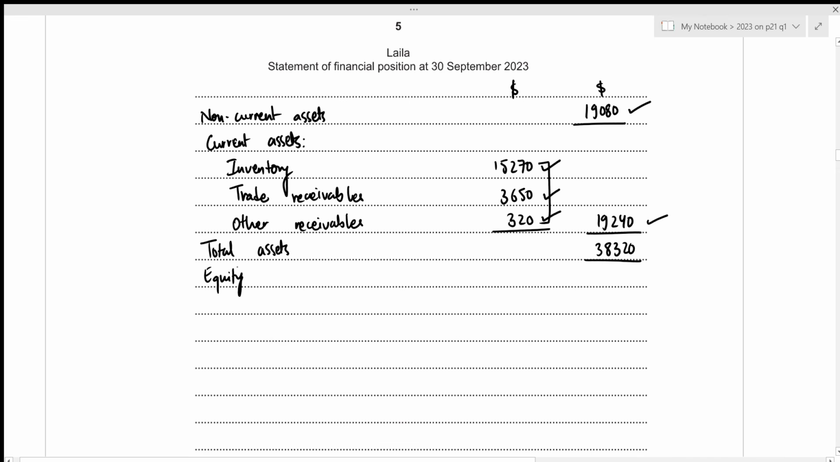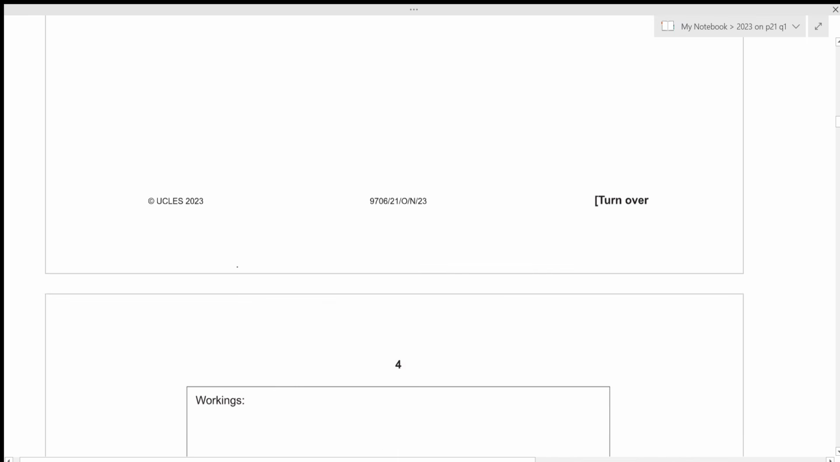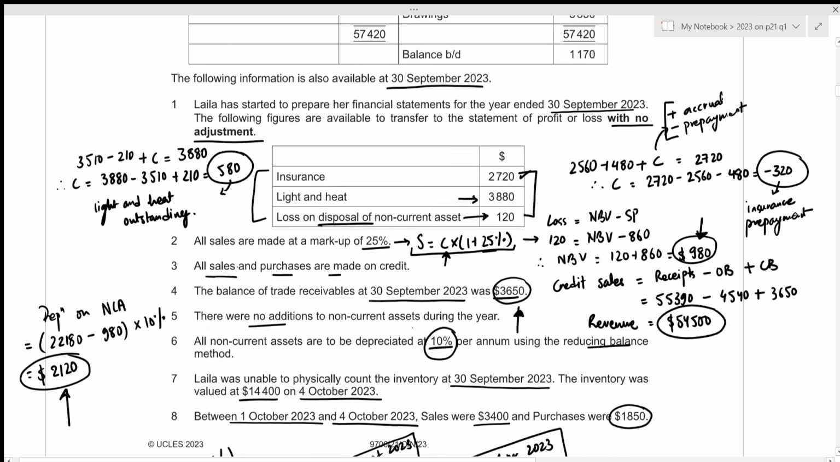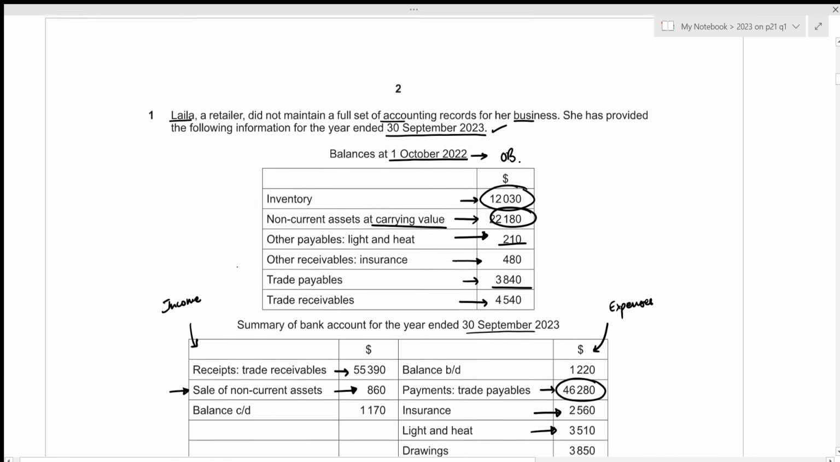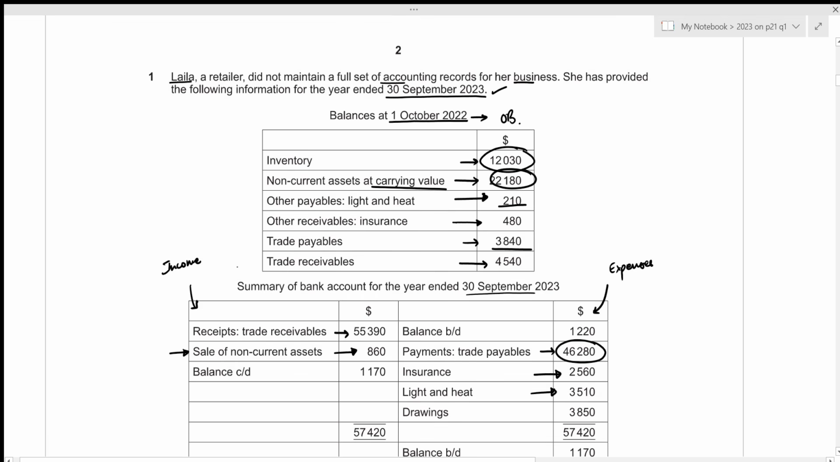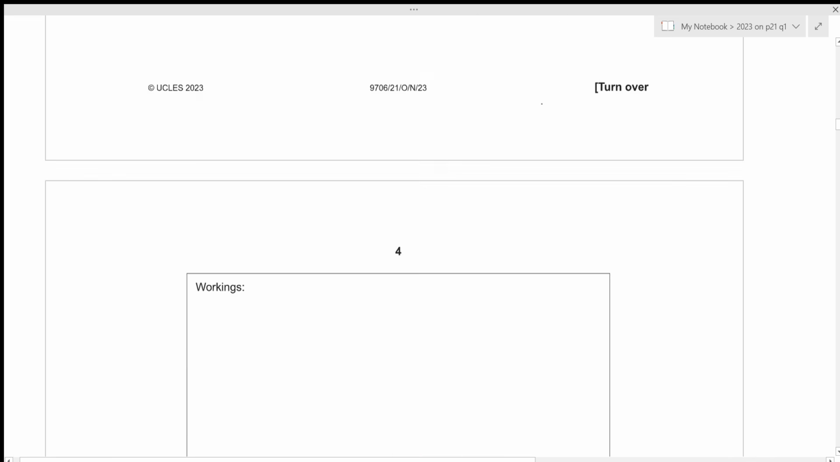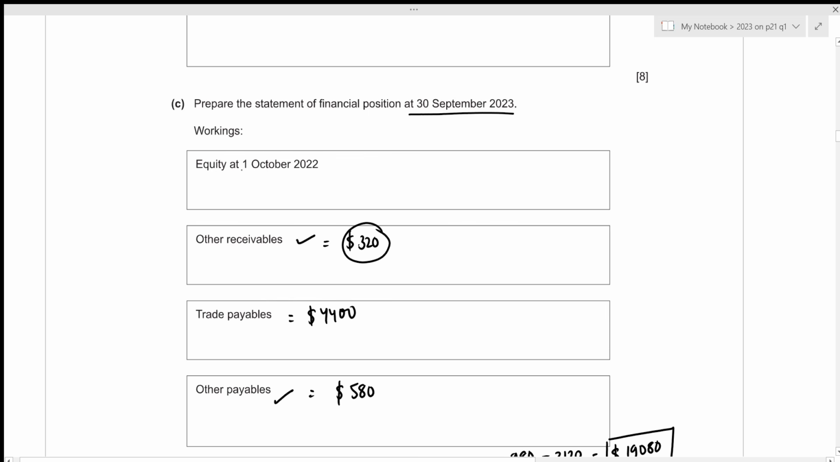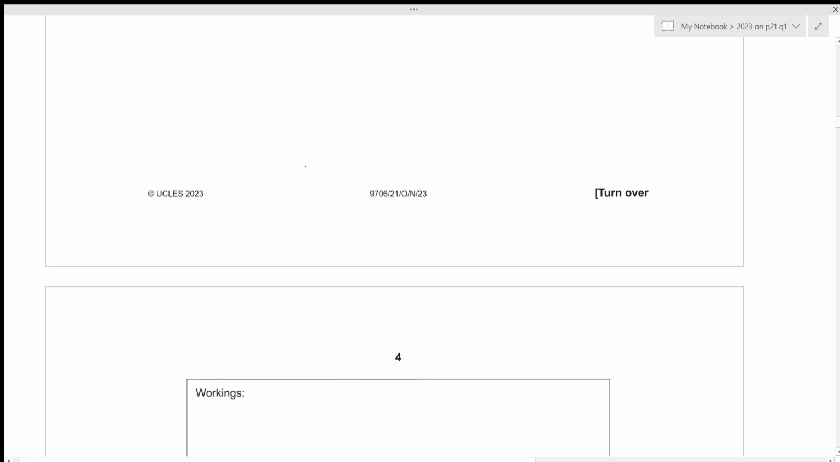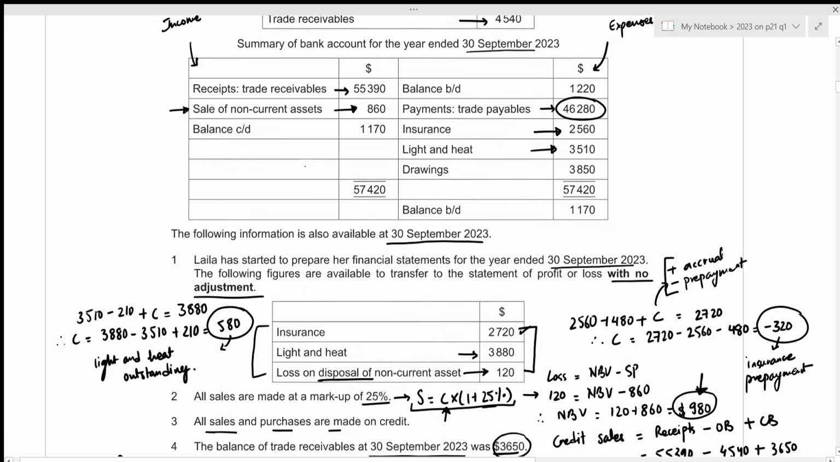Okay, within equity, this is of a sole trader, right? The sole trader is Leila, which means that our equity section is just going to be the starting balance of our equity. Then we need to add the profit for the year and subtract any drawings, since we are concerned with the sole trader. But in this case, we're not given the opening balance of our equity. That is why we were given the working section for the calculation of equity at the opening date. So we need to calculate the equity at opening date,